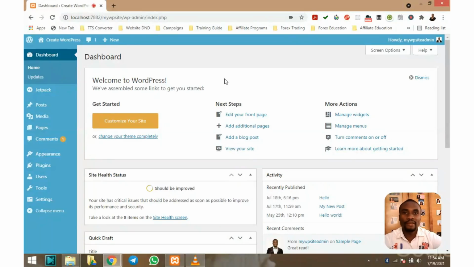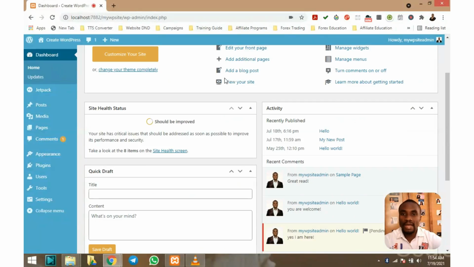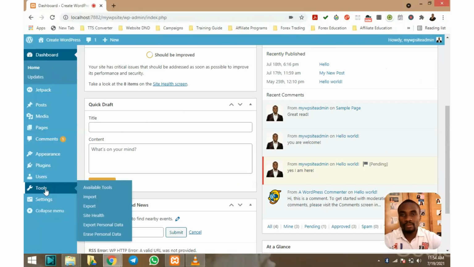Now, to do that, we have two unique tools that you can use to migrate data, and they are called the import and the export tools. All right, so let's look at those tools and how we use them on WordPress. First and foremost, we're going to look at